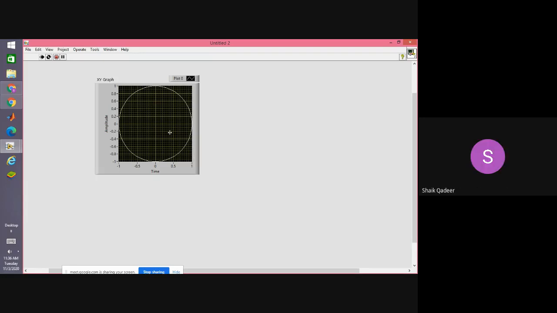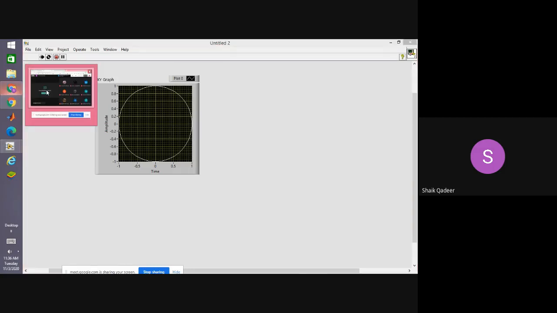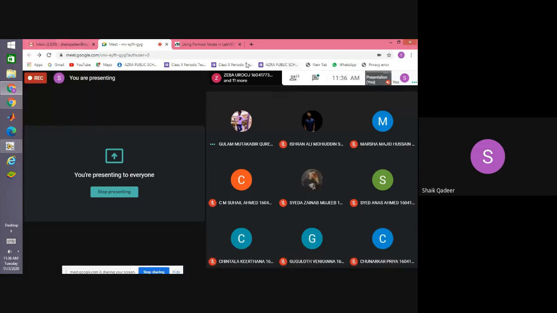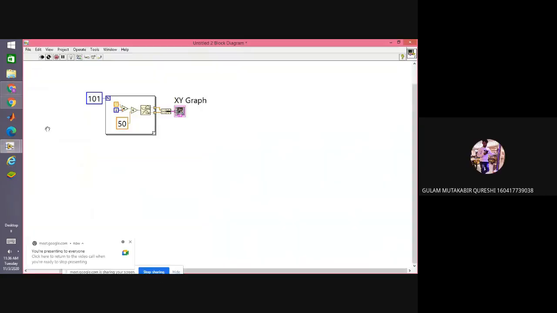To check the orthogonality of a signal with the help of LabVIEW, we need to take the help of an XY graph, and the condition for the signal to be orthogonal is that a circle should appear on the XY graph.